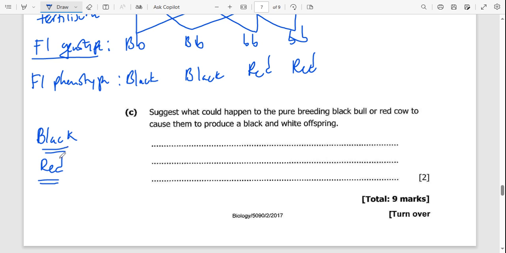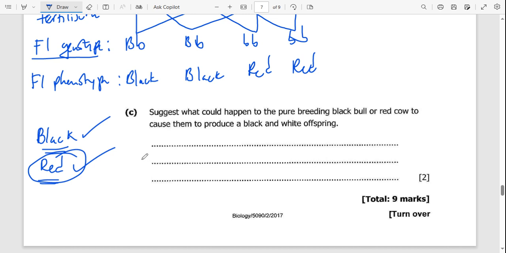The only way you can produce something that is black and white is when the red is also dominant. So you need to use a bull that is dominant for the red color, such that when you cross it with a black bull, the black allele will not overshadow the red one, and so it will appear red,